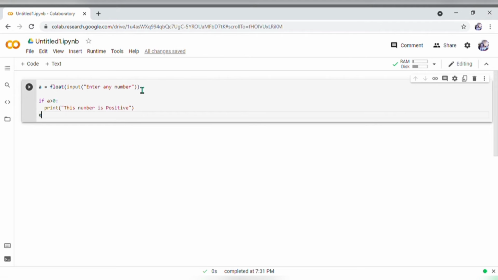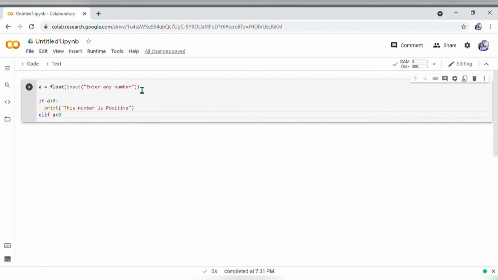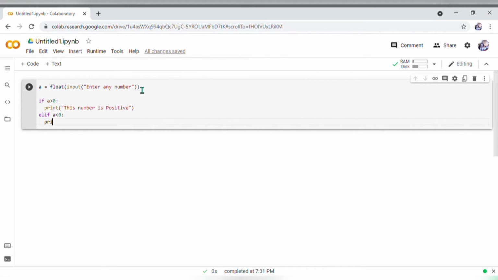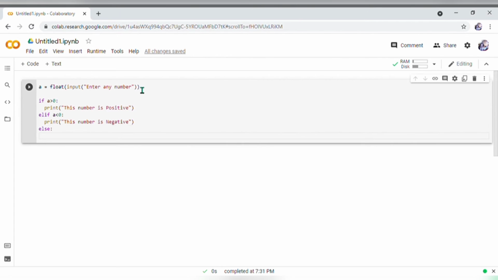Now, in elif condition, we will give if a is less than 0, then in the printf statement, we will write and then we will give else block, and in the else we'll just simply write